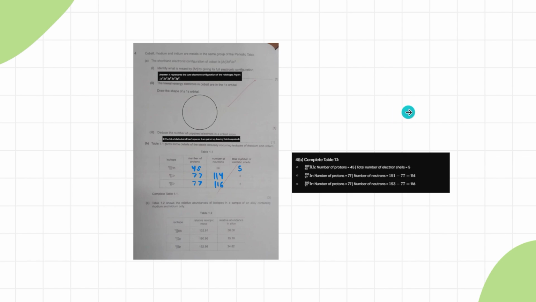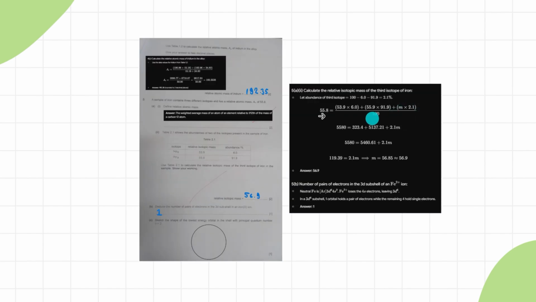The answer is in the next slide. Use table 1.2 to calculate the relative atomic mass Ar of iridium in the alloy. Give your answer to two decimal places. So when we want to calculate the relative atomic mass of the iridium, we have to use the data for the iridium in the table. Ar equals